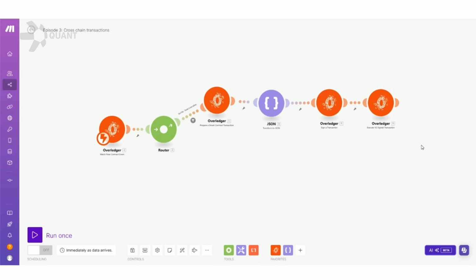So to demonstrate this, we've created a scenario which starts off with watching for smart contract events. This particular module has been configured to monitor events on a smart contract, and that contract emits events if someone burns an ERC-721 token or mints it. Every time that occurs on the blockchain, this module will trigger, and then we pass that data to the next module. That data will be things relating to that event, so the event